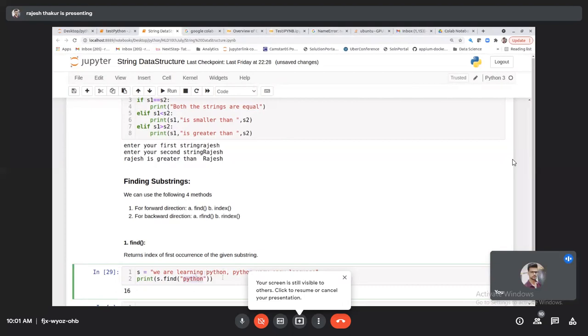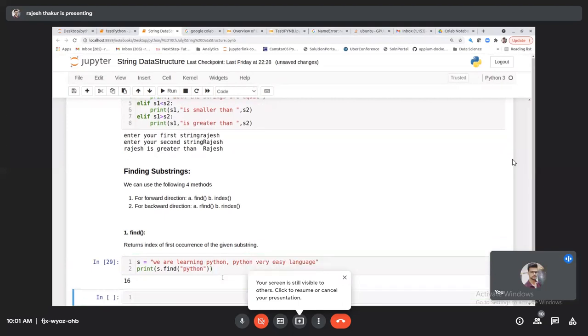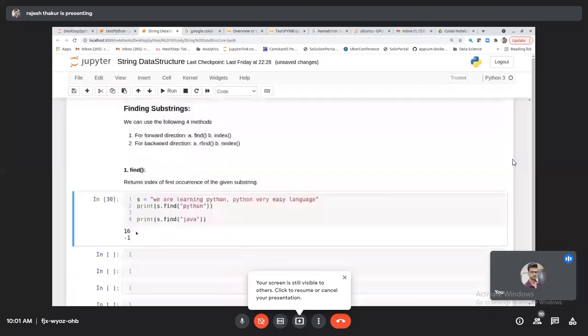Let's suppose I'm trying to find some substring which is not available in my main string. So what will it return? Java. Can you see this? If the substring is not present in your main string, it will always return -1.